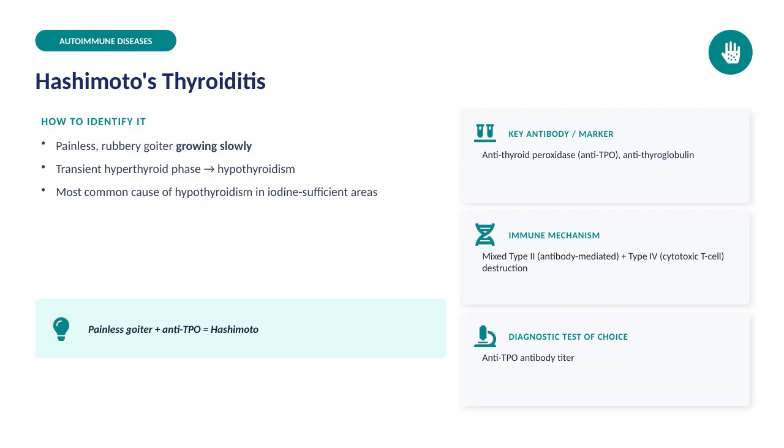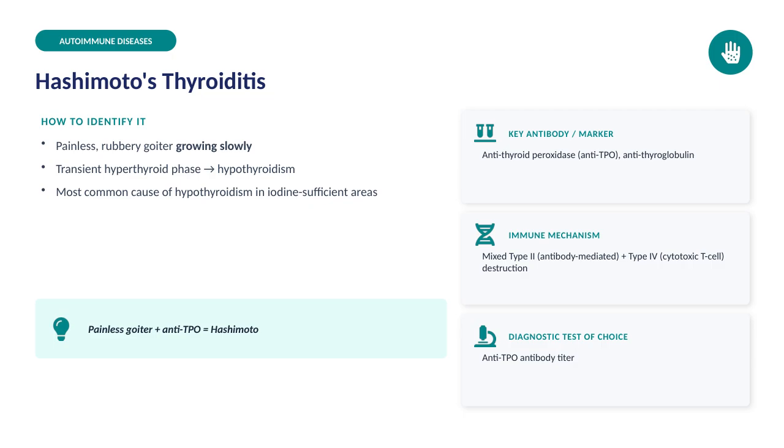Hashimoto's thyroiditis typically presents as a painless, rubbery goiter that enlarges slowly over time. Patients may experience a brief phase of hyperthyroidism early on, which then progresses to hypothyroidism. It's the most common cause of hypothyroidism in regions where iodine intake is sufficient. Clinically, if you see a painless goiter, along with the presence of antithyroid peroxidase antibodies, known as anti-TPO, this strongly